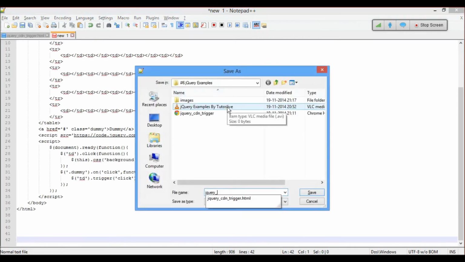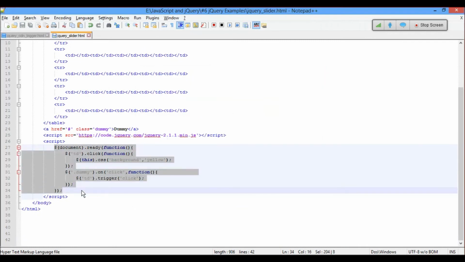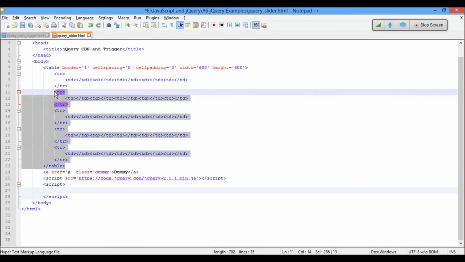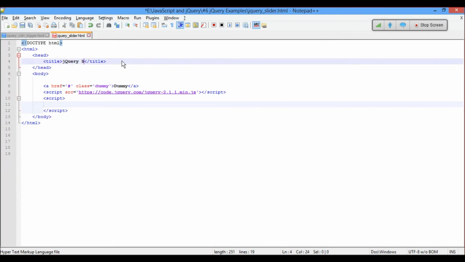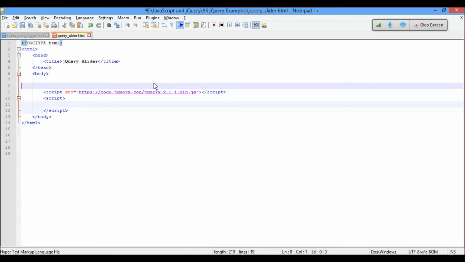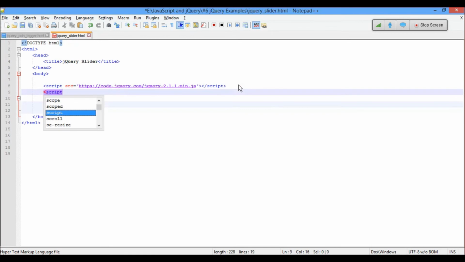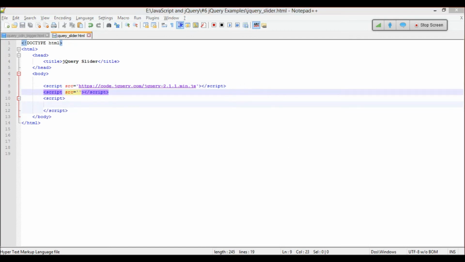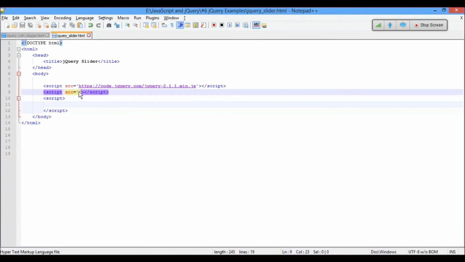I'll name it jQuery slider.html. Let me remove all this, and this table too. Now always remember: first the jQuery script should come, then on the next lines whatever other plugins you are using. Remember this part, it's very important.